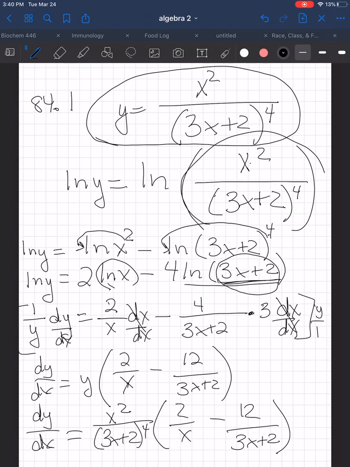All right, so that's the answer. And it looks pretty complex, but it was still easier than using the quotient rule, the power rule, and trying not to get lost with the chain rule and everything else. Okay, we've got 4 more of these, and they just get a little bit more complicated each time. So over on page 430,